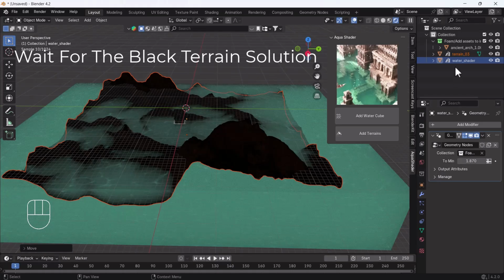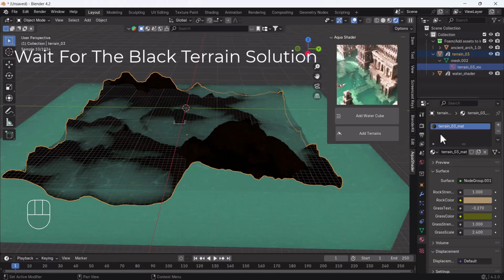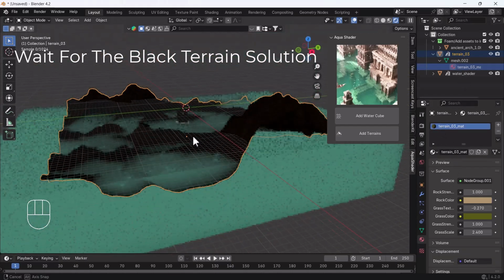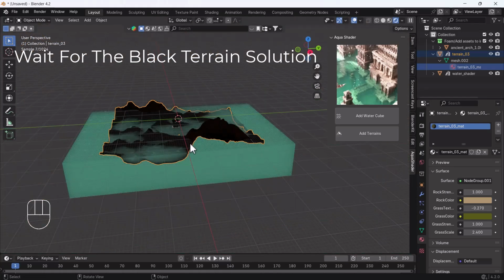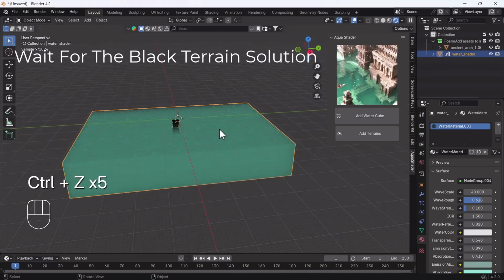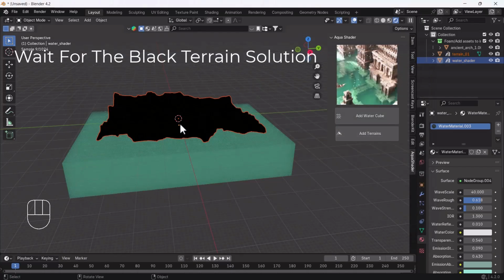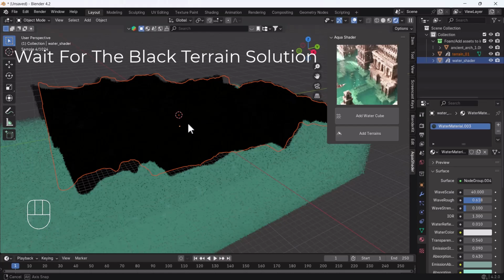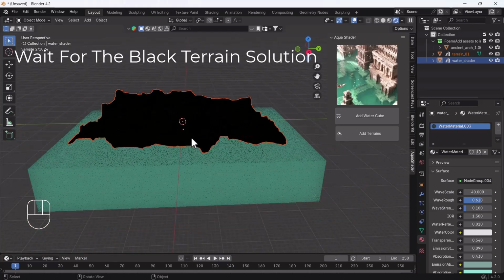Alright, so we have to see what the problem is. We click on it, and this is the terrain material. Everything is looking good to go, but still I'm not getting the textures properly. It looks a little black. Then I will close it and try to add another one, the first one basically. Yeah, we are still getting blackness in our terrain. So that might be some add-on issue. We need to figure out what exactly this is.